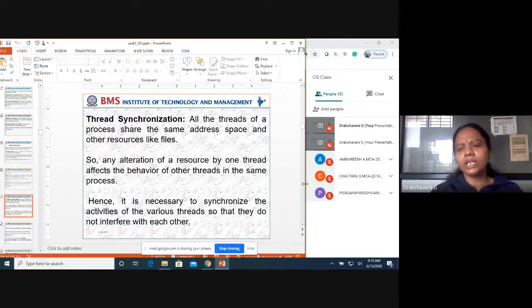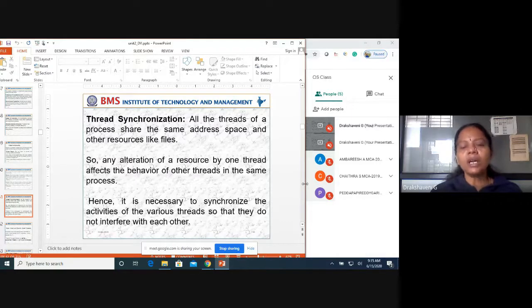What is synchronization? You would have watched so many movies. Suppose sometimes you have a movie that is pirated, meaning someone recorded it. In that case, if you're watching it, some picture is moving and the voice is coming slowly. That is what is called a synchronization problem. There is no proper synchronization between the picture and the voice.